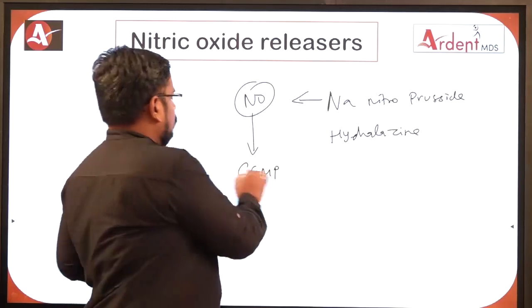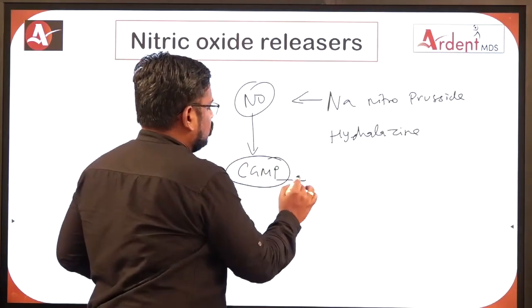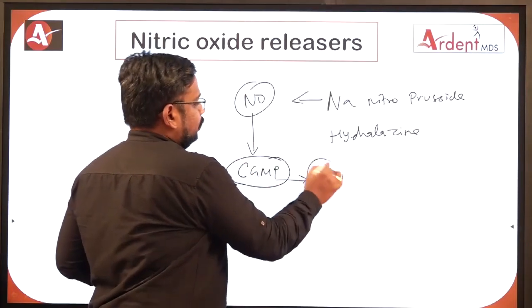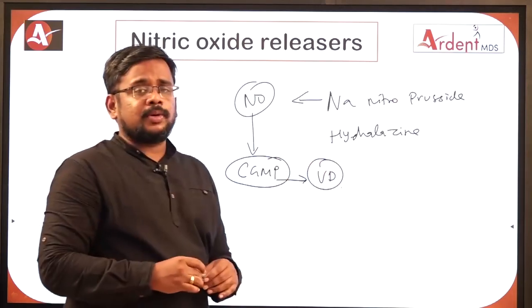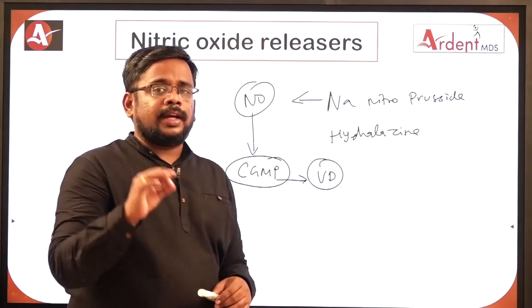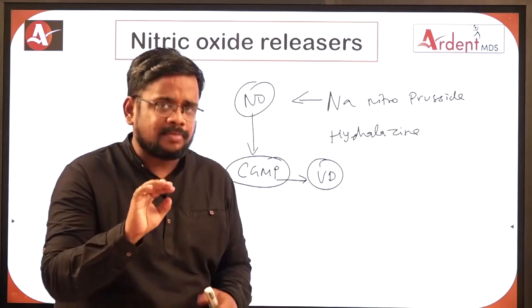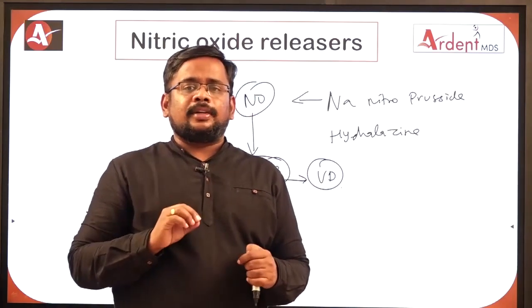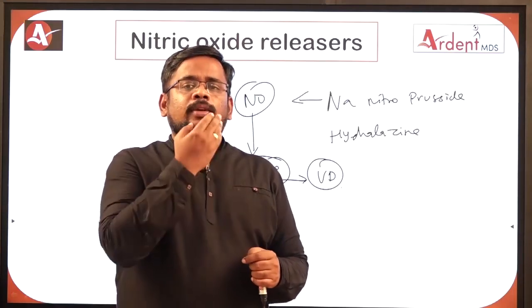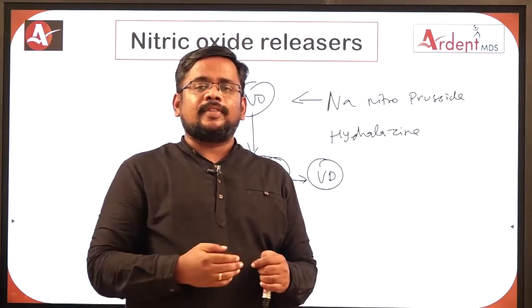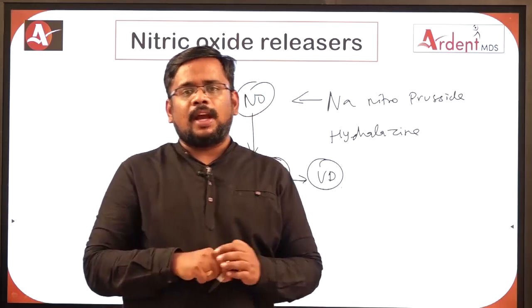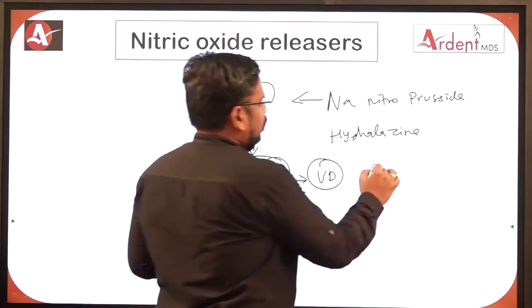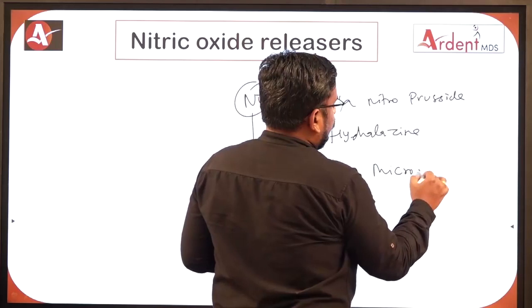So this cyclic GMP acts as a vasodilator, and sodium nitroprusside is a short acting drug. It is not a slow acting drug. Some students will confuse slow acting and short acting drug. It is just a short acting drug. So the sodium nitroprusside has to be given as a continuous intravenous infusion. For this, we have a special type of instrument called a micro drip set,